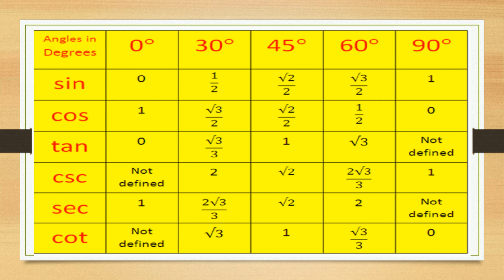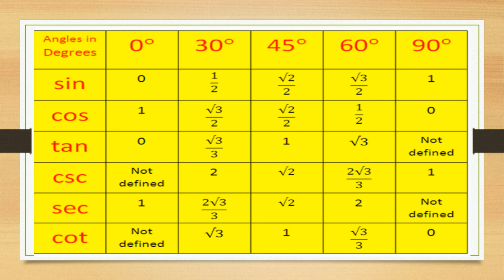As we know, tan is the ratio of sine by cos. We can get the values of tan. And the other three: cosec is the reciprocal of sine, sec is the reciprocal of cos, and cot is the reciprocal of tan. Here in this table, at some places simplification is not made. You can simplify and remember only the simplified values.